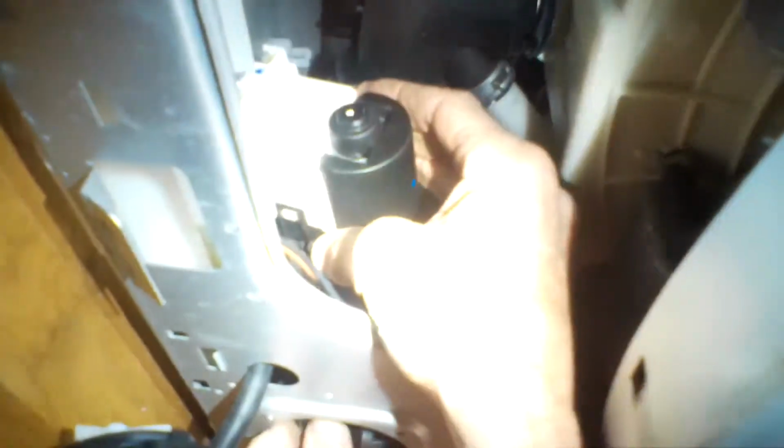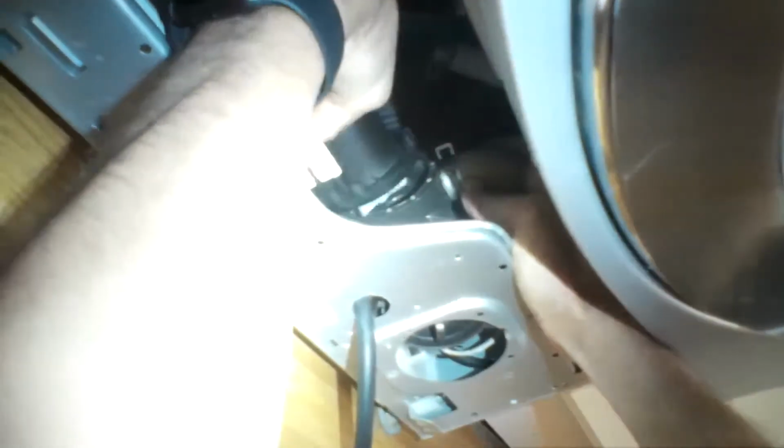Just want to line it up the same way. So I'm going to pull off the old one, and then the new one goes right in there in the same exact place. And there's actually these little plastic lugs that'll help you line it up when you push it in. So you want to push it in as far as it'll go, nice and tight, and then you can add